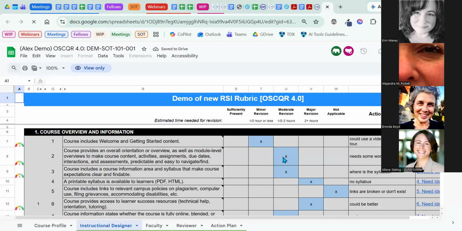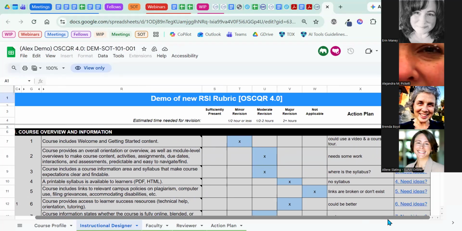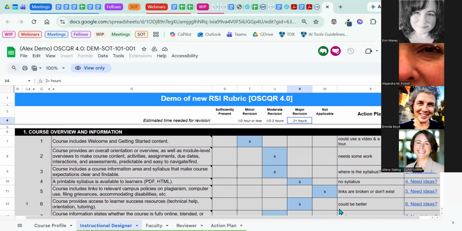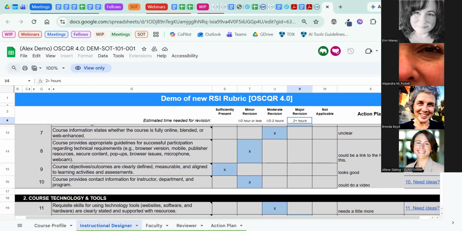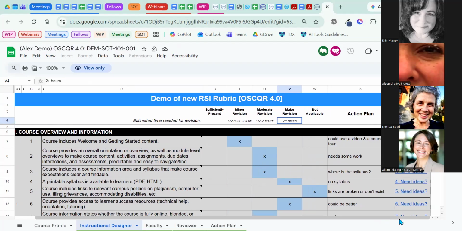It also will list the estimated time to complete that particular fix or improvement of that particular standard. And then it will assign whether or not that standard is important or essential. Now, we have a position on that. We have an opinion about which standards are important and which are essential. Because this is an openly licensed tool, if you differ in opinion, or if you have a particular discipline or program that has different emphasis on different standards, you can change that and make your own categories for what's important and what's essential.